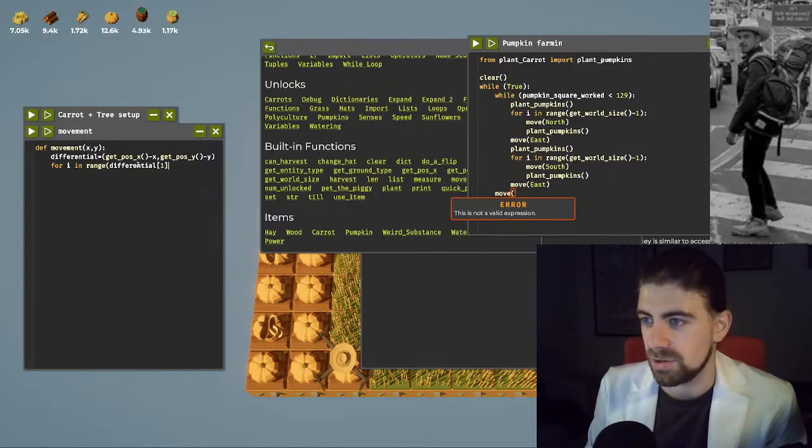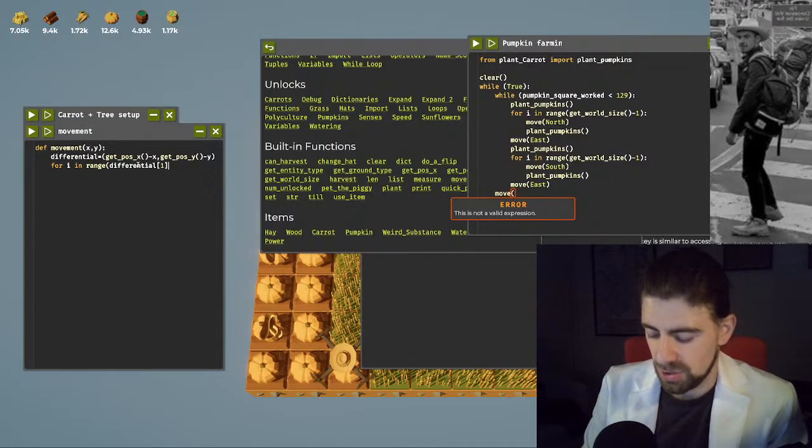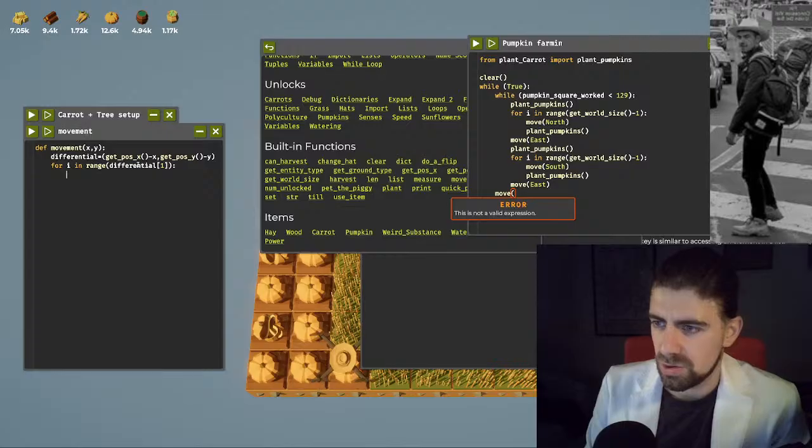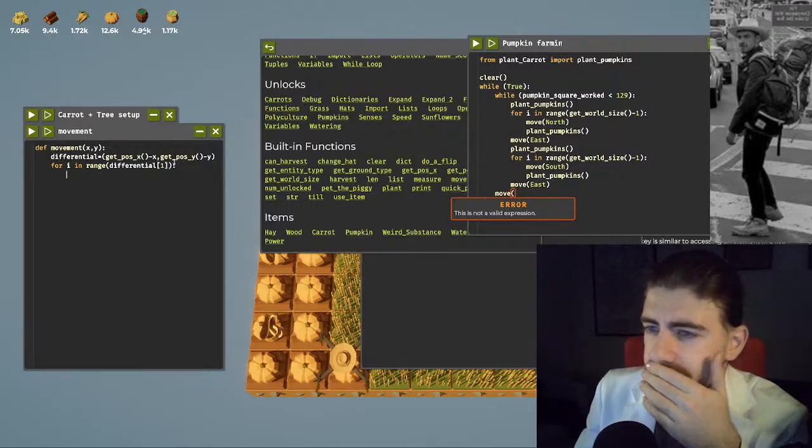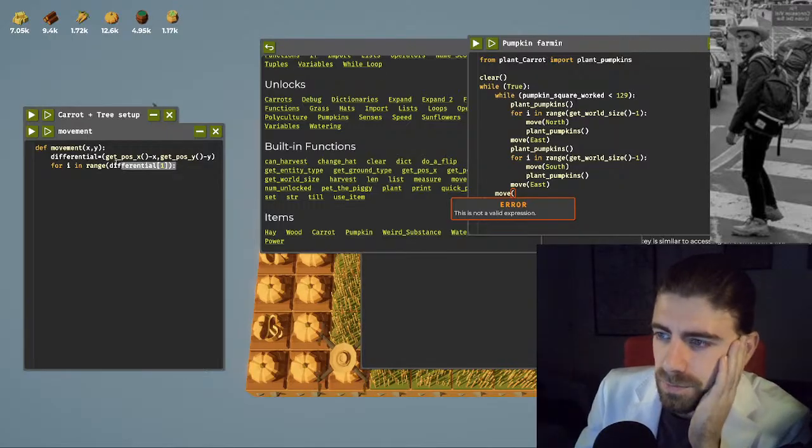Full brain power. Differential 1. This is not a range. For one in len? No. Maybe I think it's range. For I in range. How do we do this movement function? So for I in range